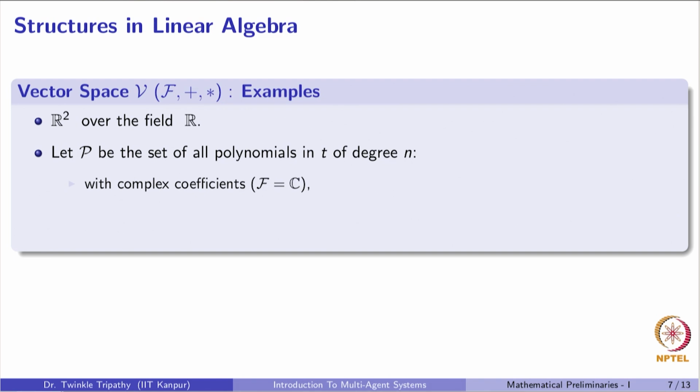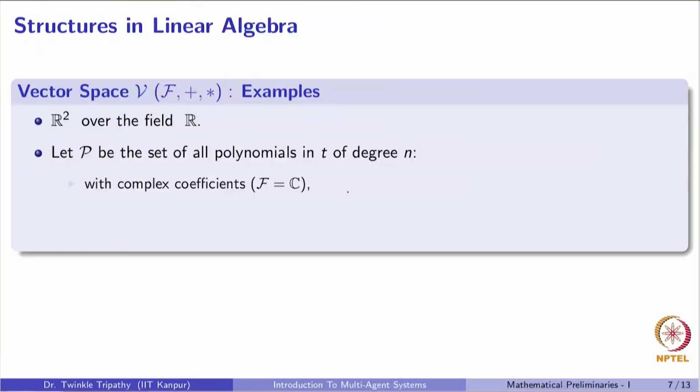There is another example that we can take, which is the set of all polynomials in some variable t of degree n. Now please try to answer this question for yourself and do the calculations and see whether the set of all polynomials of degree n will satisfy the properties of a vector space or not. So we will pause the lecture here today. This is an assignment that all of you should try, and in the next lecture we will talk about some more aspects of linear algebra, especially pertaining to subspaces. Thank you.